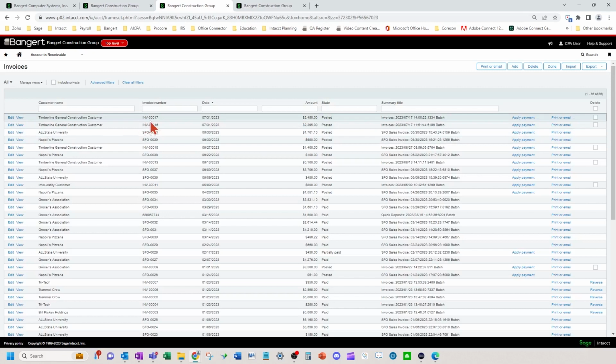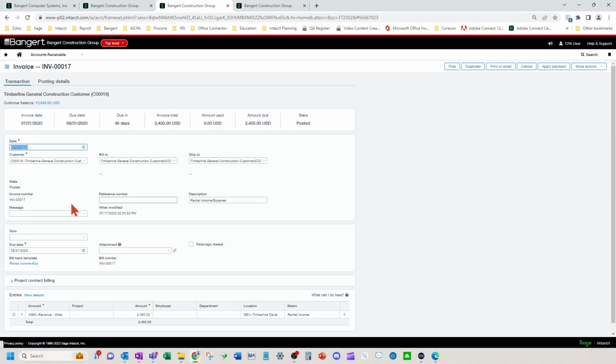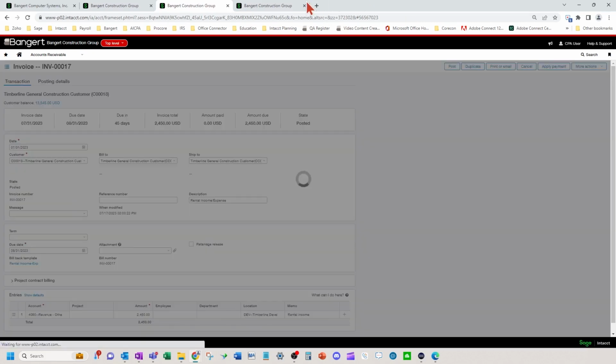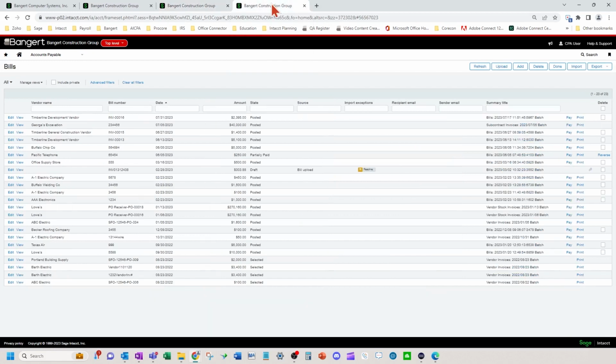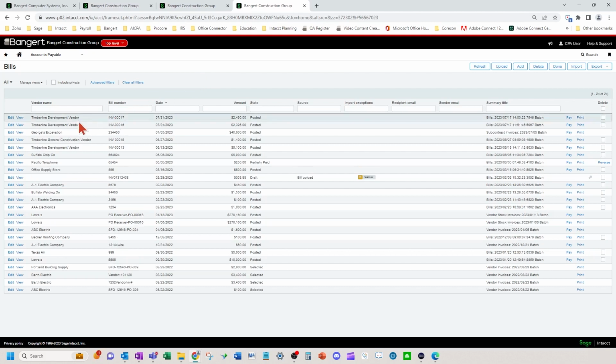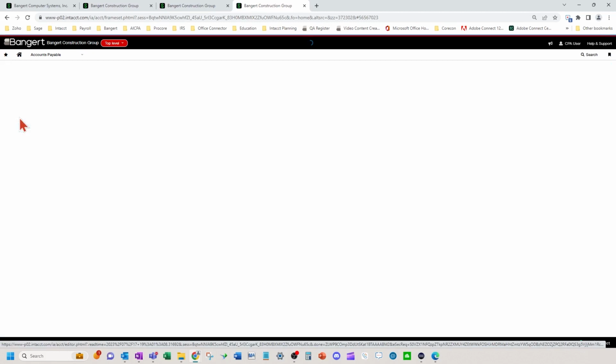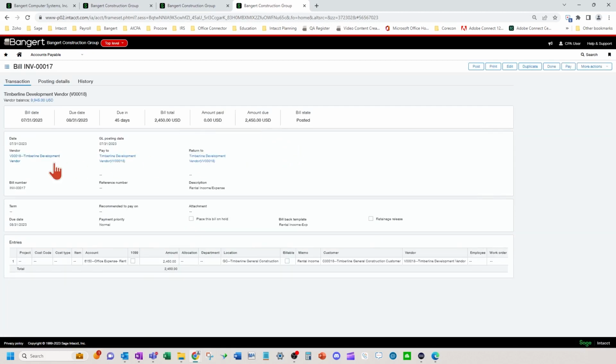And now we can see that that's generated. And I think I just changed the due date, and that's okay. Yep, I just changed the due date. So this one is dated 7/31 with the due date of 8/31. So that's fine. Let's go over here to the bills and see what happened. On the bill tab, I'm going to refresh the screen. And now you can see the related bill that was created. So let's look at the bill here.